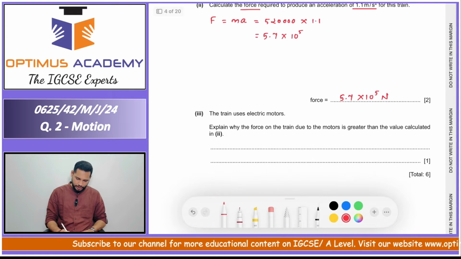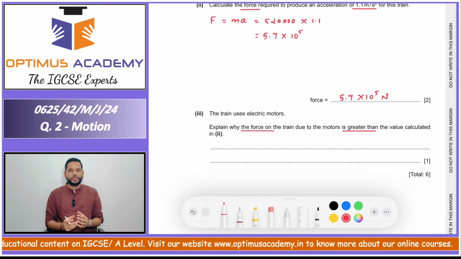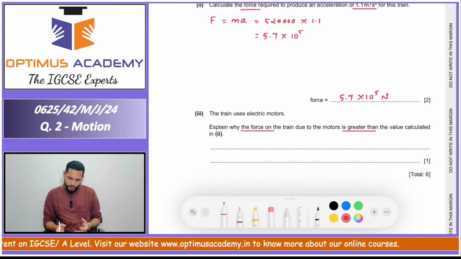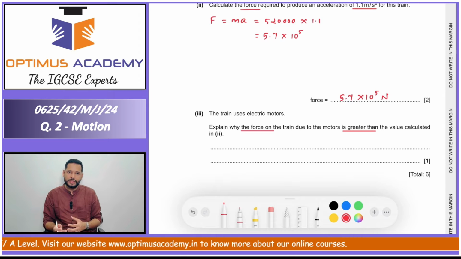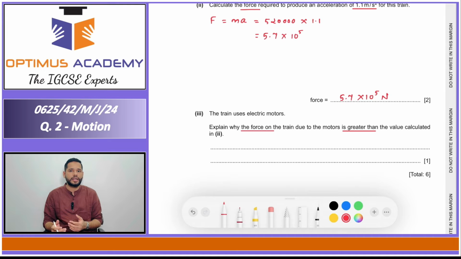Next question. The train uses electric motors. Explain why the force on the train due to the motor is greater than the value calculated in 2. So understand that the acceleration value that we are given with 1.1 is the value due to the net force acting on the object. Net force is calculated as forward force minus the backward forces like friction or the air resistance. For the train to accelerate forward, the forward force must be greater than the backward force, and that is why